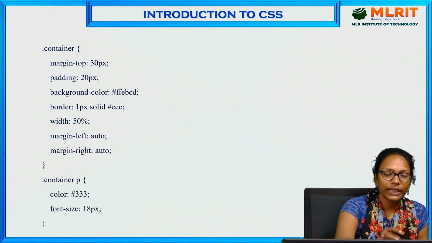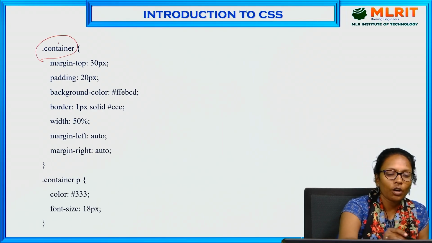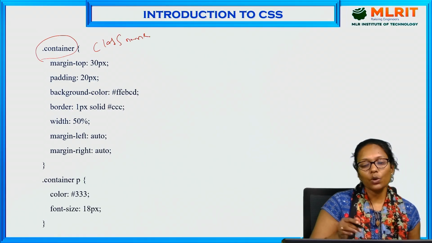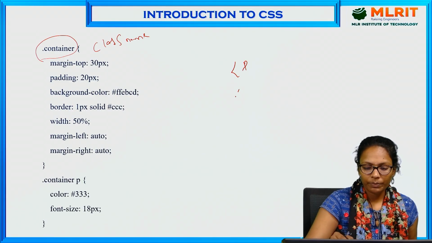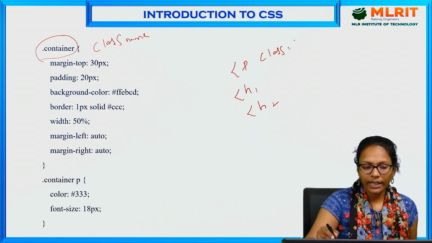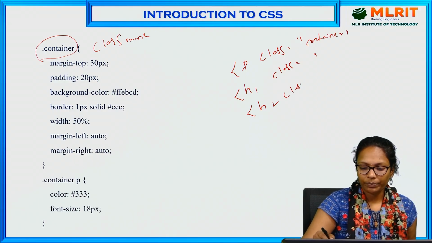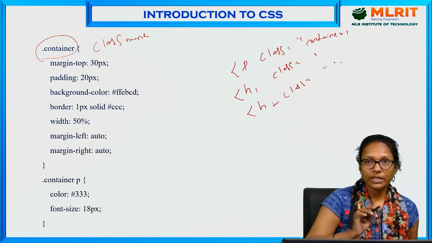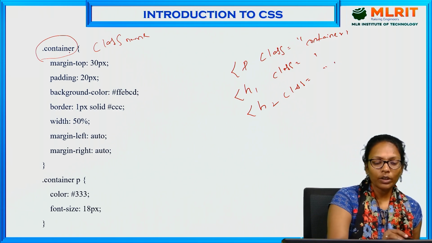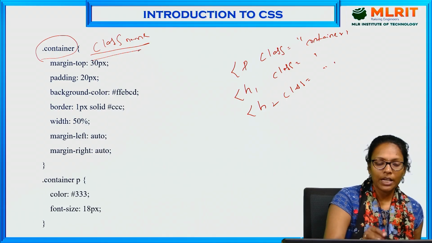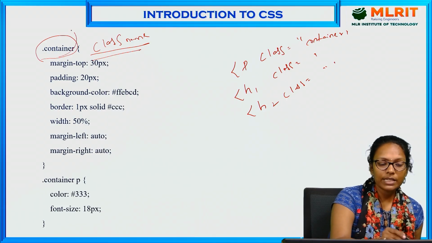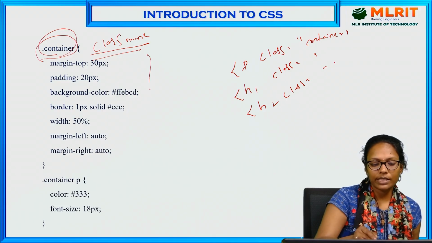For dot container, if you mention dot, this is nothing but a class name. So I have some set of elements, P, H1, H2, and all these elements are related to one class only. What is the class name? Same, container. So what happens here, if I write dot container, dot indicates what? Class name. So the elements whose class name is container, for all those elements, this set of styles will be